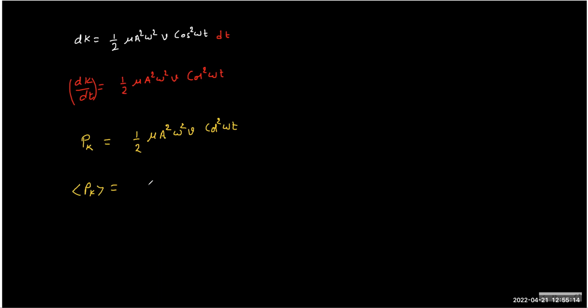So now we have a relation, and this is how we can convert something into an average value. What we are trying to understand is the average kinetic power. Once we know the average value, we can multiply with the time period to get the average energy supplied in one time period. So the average value of this function: the rest are constant, and what you just need to know is the average value of